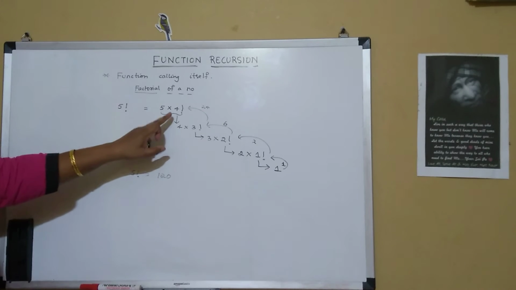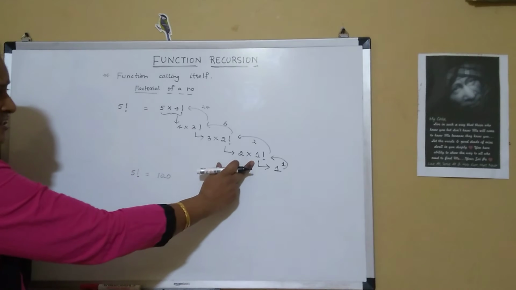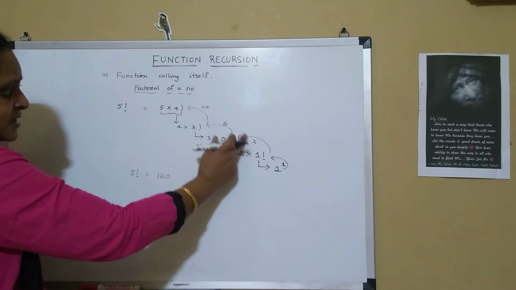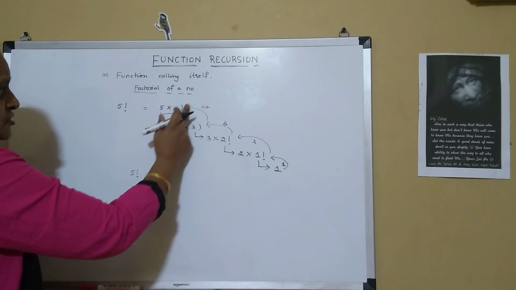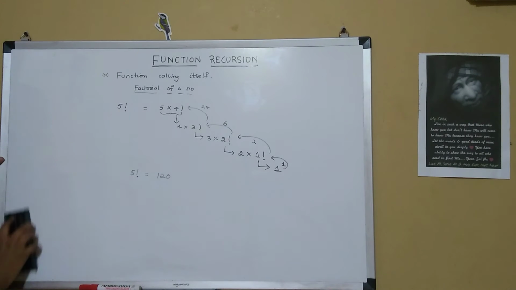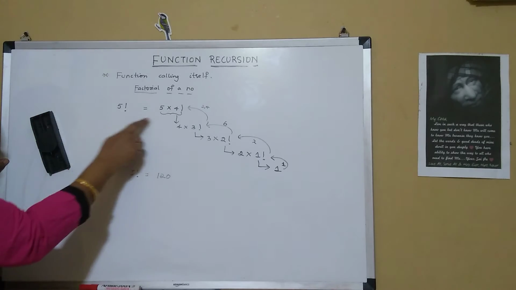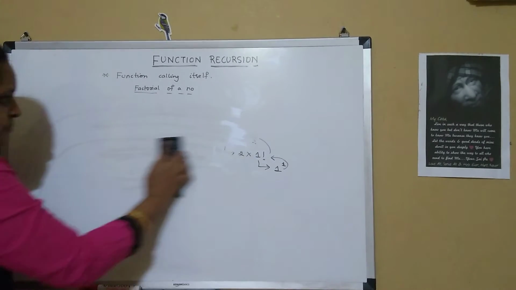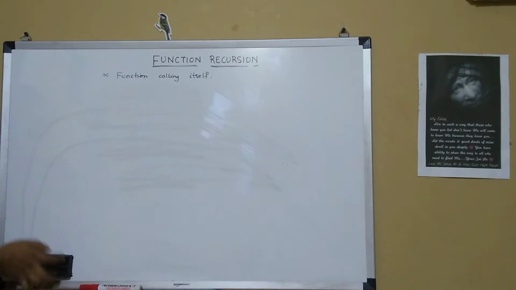So the same factorial function gets called every time, and once it reaches 1 factorial, the value 1 is passed, and then it returns the value to the calling function. So finally we get 5 factorial is equal to 120. So this is how factorial of a number works in recursive mode. Now let's look into the code example as to how factorial of a number works in Python.